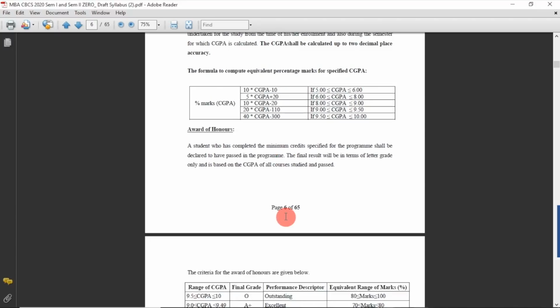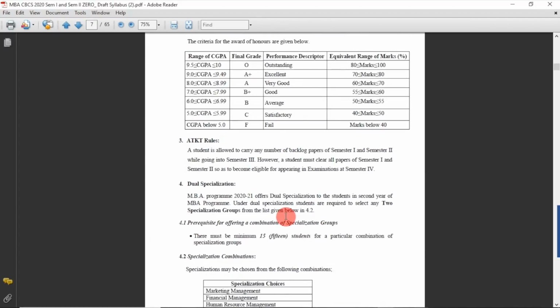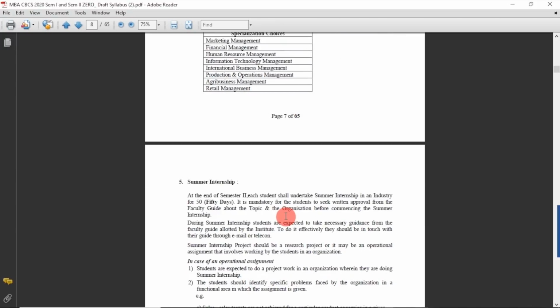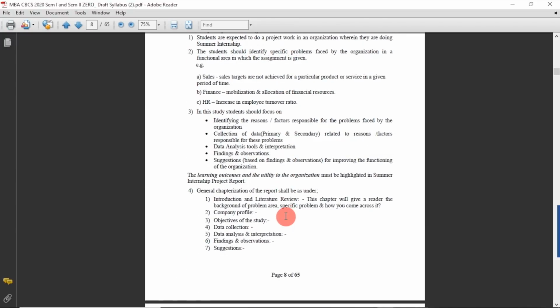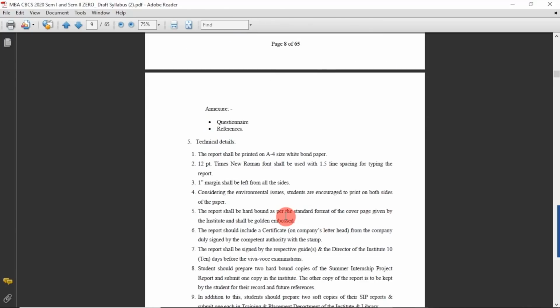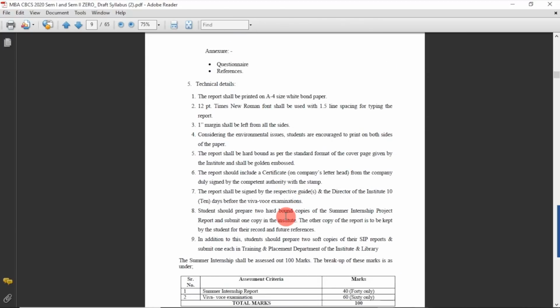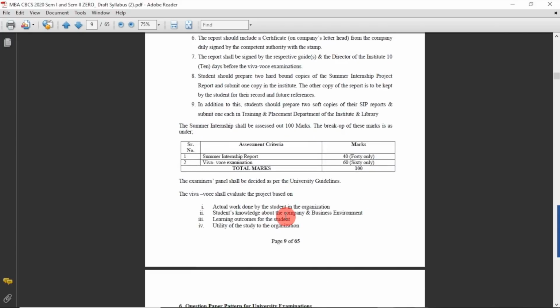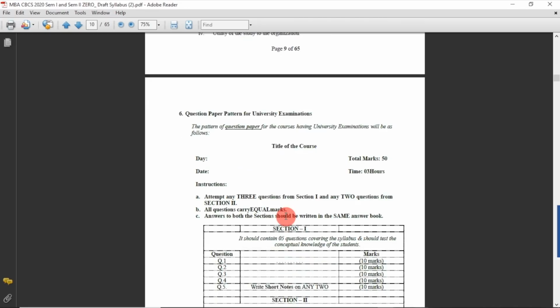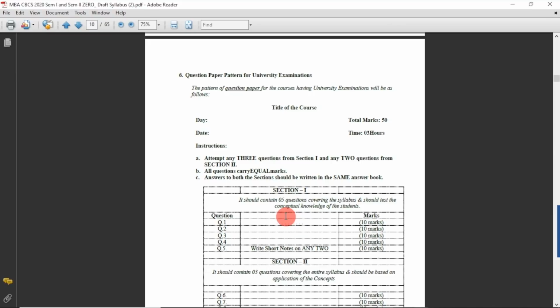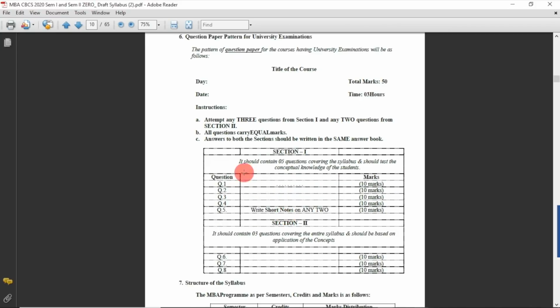So just see the syllabus. In the beginning, about 15 to 20 pages are very important, because they tell us about the structure, about the assessment, and about what all reports are involved in this particular course and how the reports have to be taken care of, right? And just see here, in the syllabus itself we have also told what the template of the question paper will be. Our questions will be based on testing the conceptual skills, so the first 5 questions on conceptual skills, and the next 3 questions based on application of the concepts.